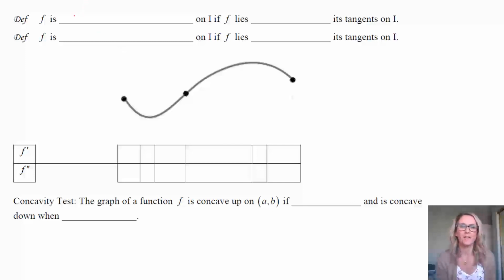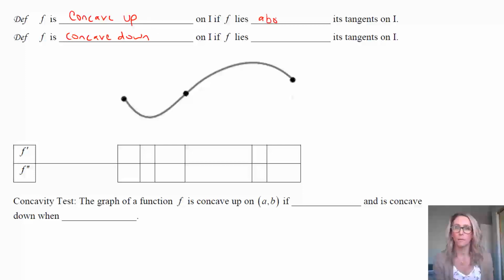So the way that we define this next idea is the idea of concave up and concave down. And we can determine when a function is concave up or concave down on an interval if the function lies above the tangent lines for concave up, and if the function lies below its tangents on the interval for concave down. So what that means is, if you were taking a look, for example, at this function